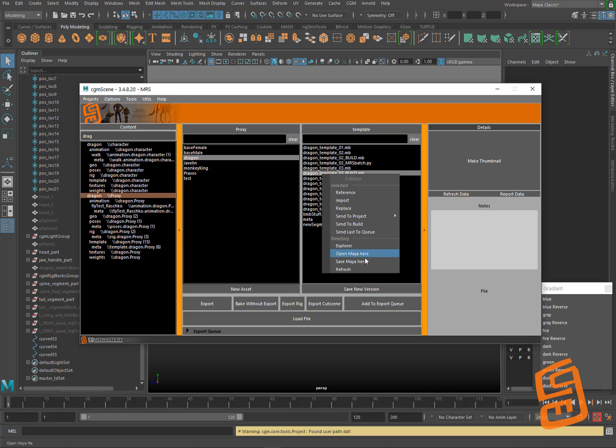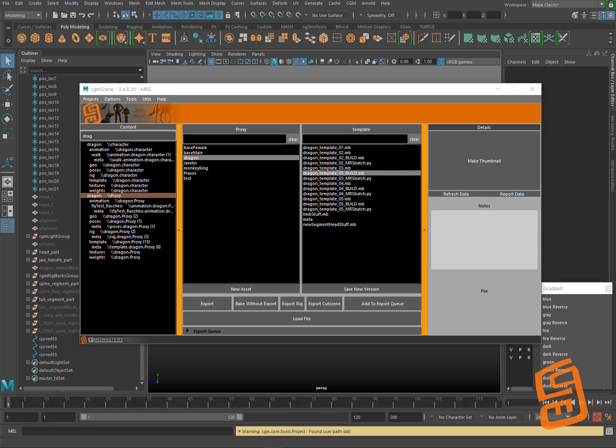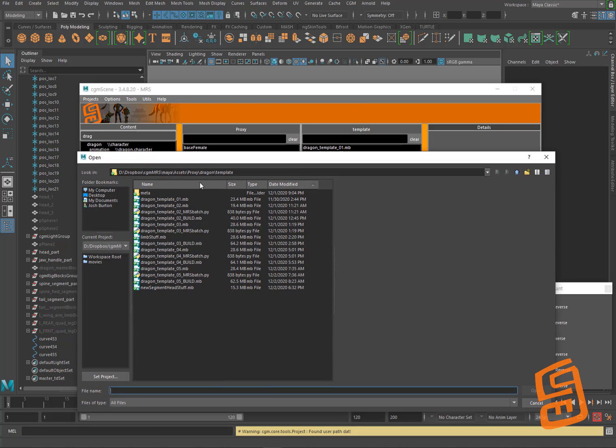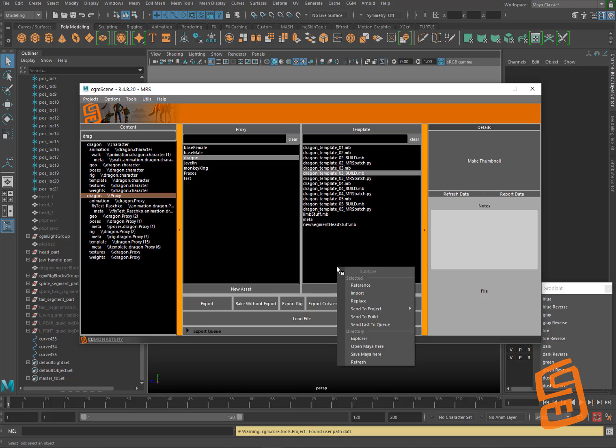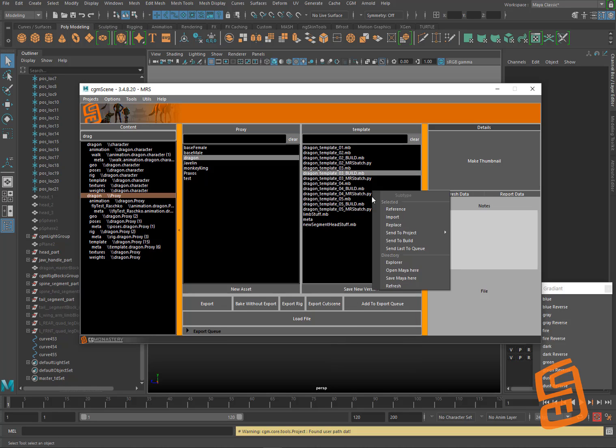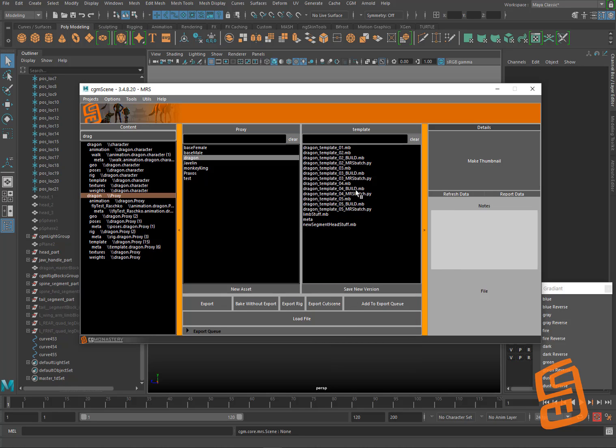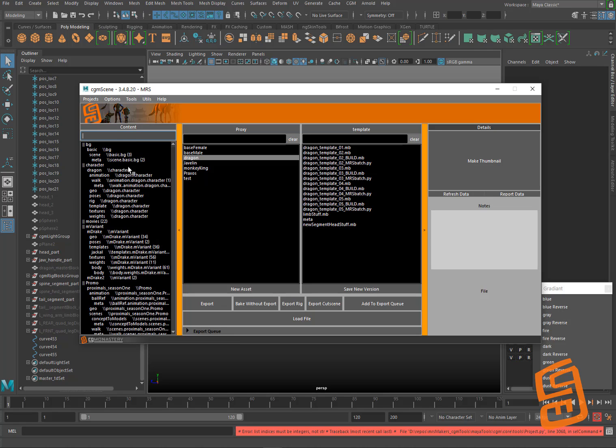Anyway, there's stuff you can do. You can open Maya files here. If I do that, it's going to bring the Maya dialog path to here. And same thing for save too. It's something I use a lot. And then refresh is just to refresh this window. But that's good for now. I'll go into this more in detail in another video. I just wanted to show what's going on here. This is a pretty cool thing we're using a lot now. So anyway,